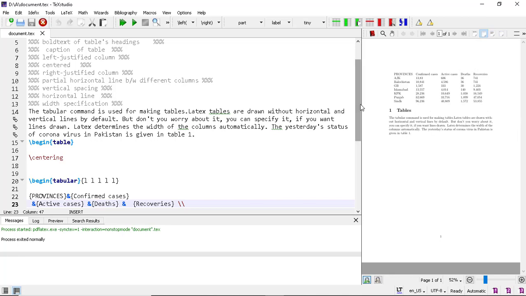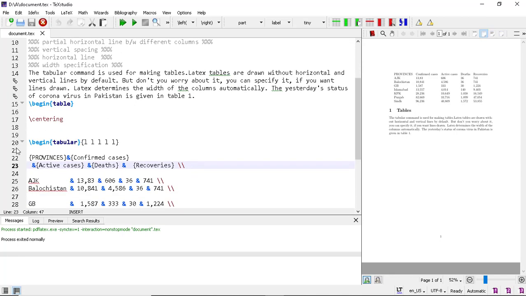So the command for this: within curly brackets, slash textbf, and bracket close, curly brackets, slash textbf and close.